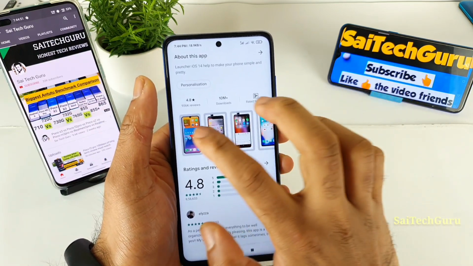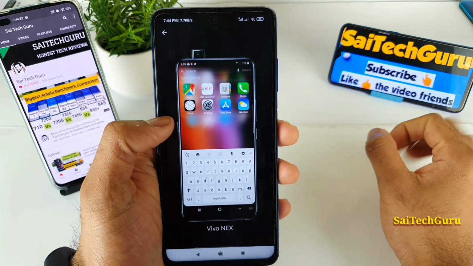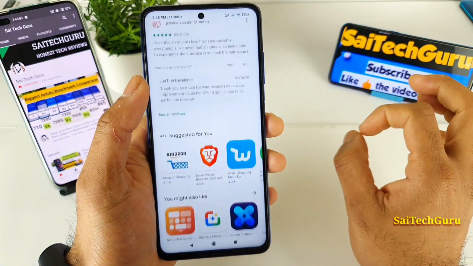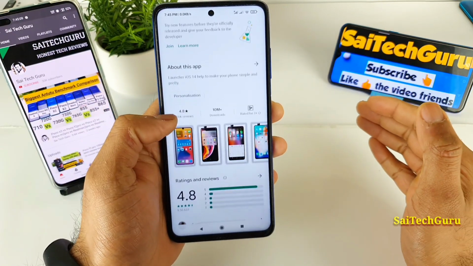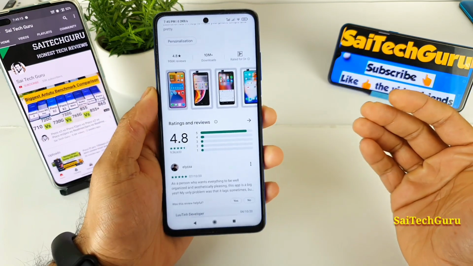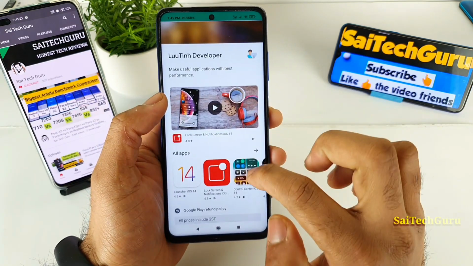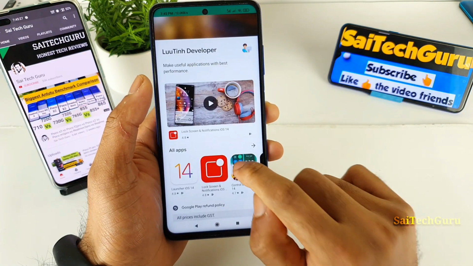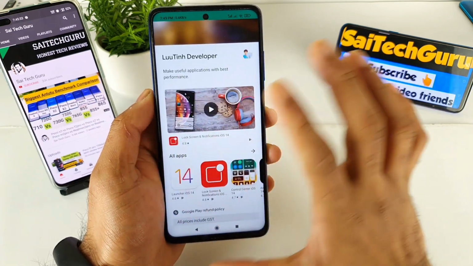As you can see, friends, in the screenshots itself, you can see these good widgets here, which are perfectly organized and look completely good. Using this control panel and everything is working pretty fine. The rating of this application is also very good. You can see 4.8 stars, and the reviews are close to 1 million people that reviewed this application. That is also another good advantage of using this application, as you can see, friends. If you go to this developer, you can see all the related applications about this iOS launcher. So lock screen and notification, and next is control center for iOS 14. These are the 3 applications which you need to download to have this kind of complete setup.